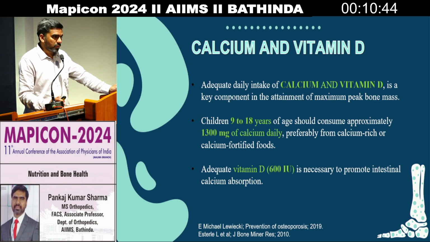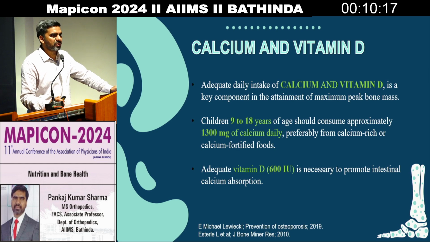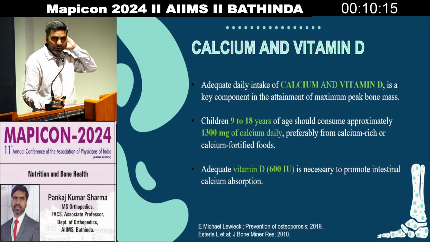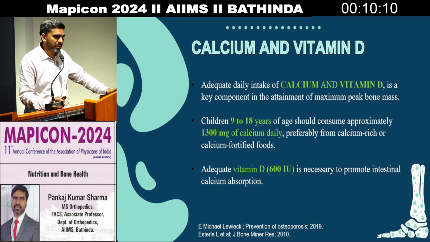Those 9 to 18 years of age should consume approximately 1300 milligrams of calcium daily. But it is not right because 1300 is not pure form. You have to take calcium in the pure form or a different form which is digestible. So it is not right to say that 1300 mg is adequate. Sometimes we have to take 2 grams also. Then adequate vitamin D for the metabolism of this calcium. It is 600 international units, but again it is not 600. It depends on the body form, body growth, other disease, other metabolic disorders, and the enzyme levels of the body.